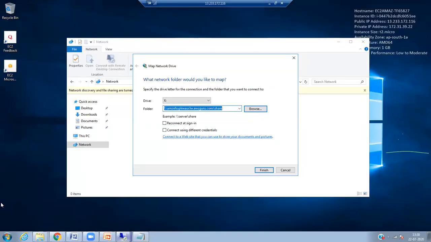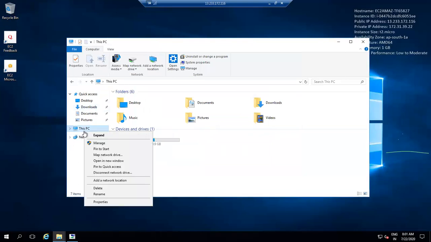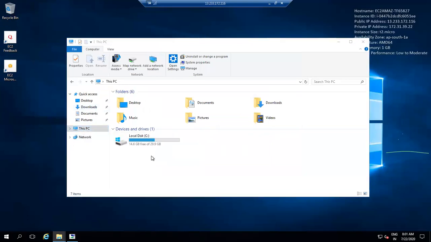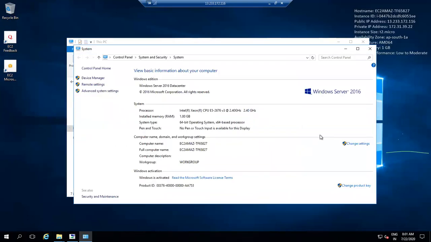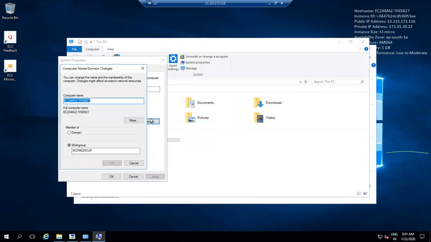How to join the domain then? Go to My Computer properties and change that workgroup to domain. Super. Change settings. Very nice, very good. But we need to add the DNS.